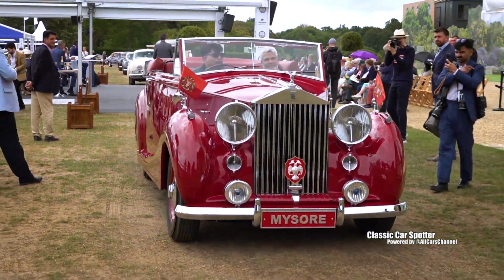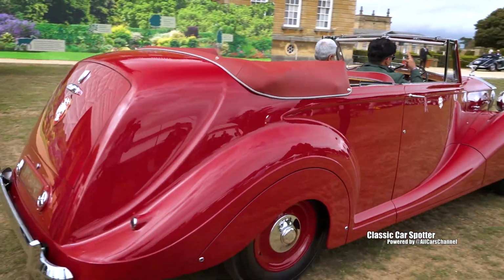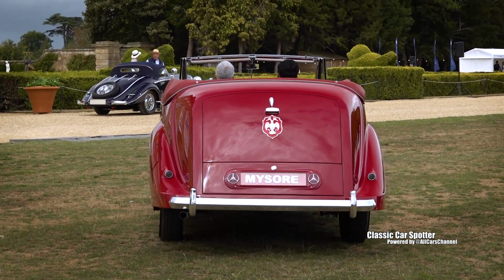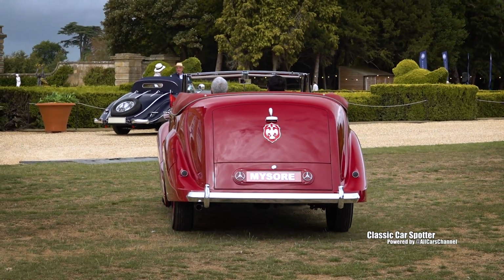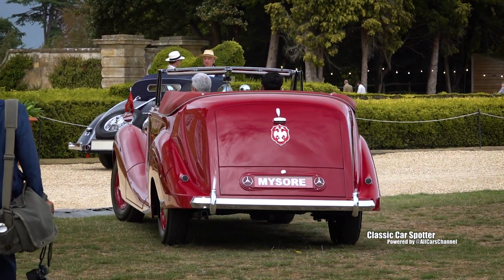Class E, ladies and gentlemen, coach building by H.J. Mulliner. And the first car up is a Bentley R-Type Continental, yes, you guessed it, by H.J. Mulliner, from the Bentley Motors Heritage Collection. How about that? Directly from Bentley. This is...